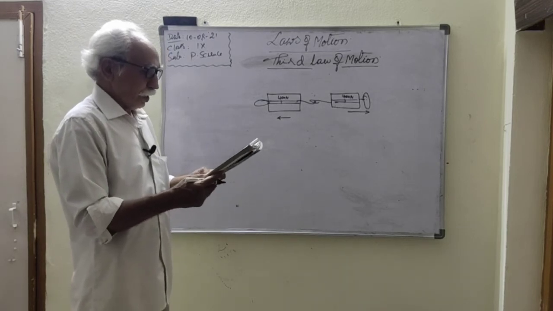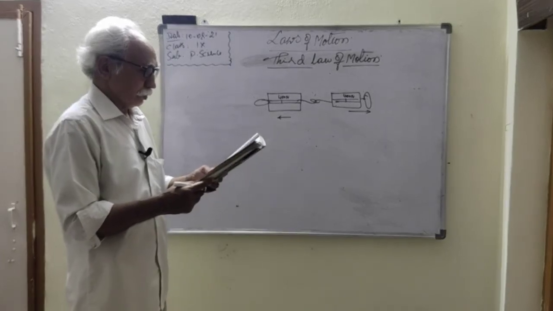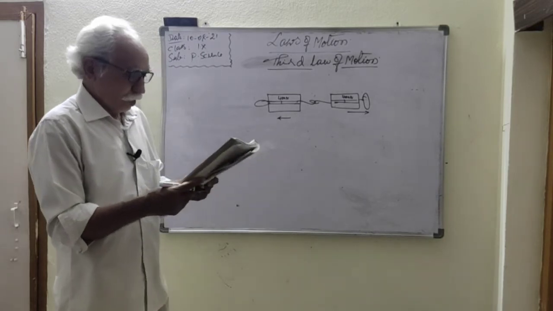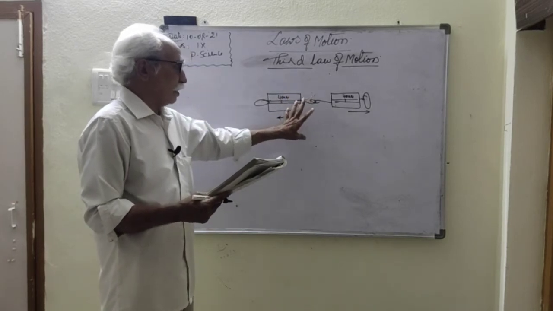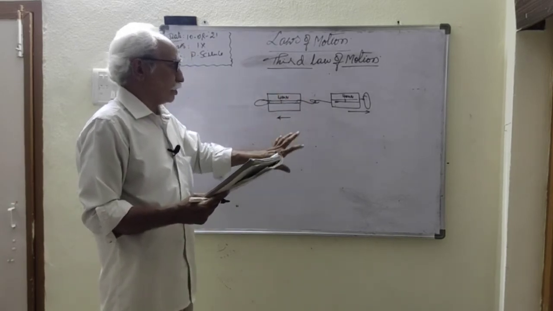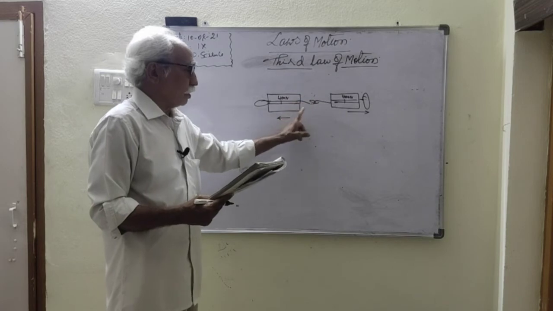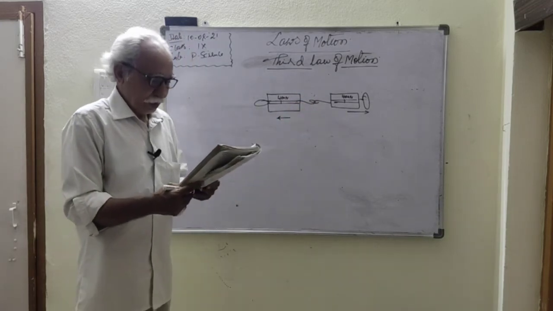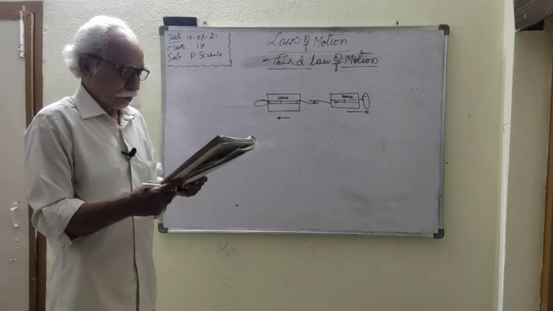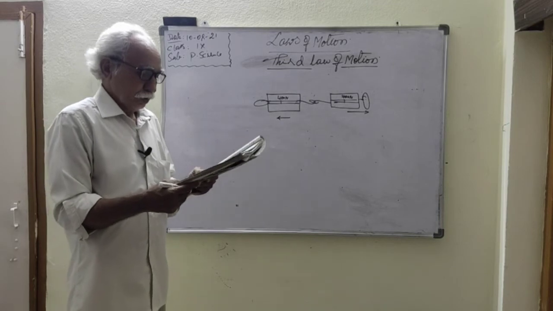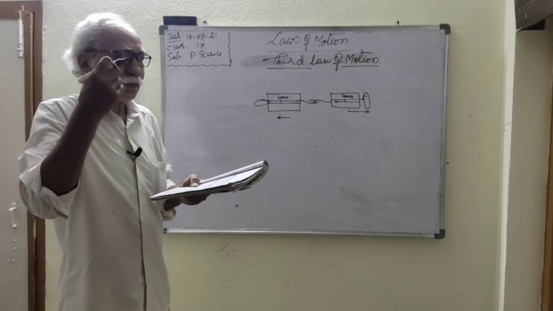Now, by pulling these two spring balances, what do you notice from this reading? We find that two forces are acting between two objects, and these two forces are equal in magnitude, but they are acting in the opposite direction. That is the observation. Are the readings of the two spring balances the same? Yes. Are we able to make the spring balances show different readings? No. Because if one spring balance is applied force, the second also requires the same amount of force.